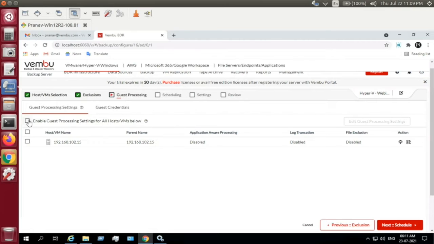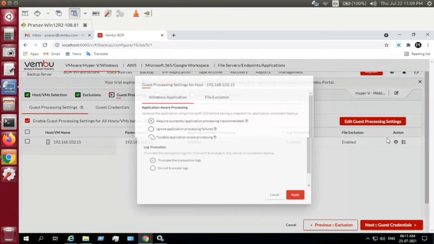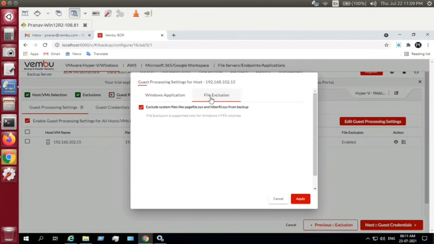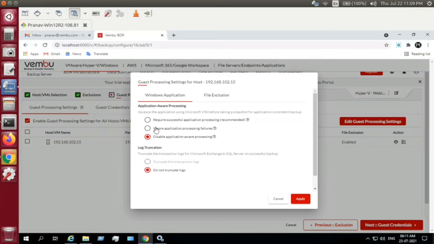When you click enable, your AppAware, your log truncation, and your file exclusion of system files like pagefile.sys and hiberfil.sys will be enabled automatically. Or you can disable the application awareness and the log truncation, and go with file exclusion alone. So this is how you can configure guest processing.